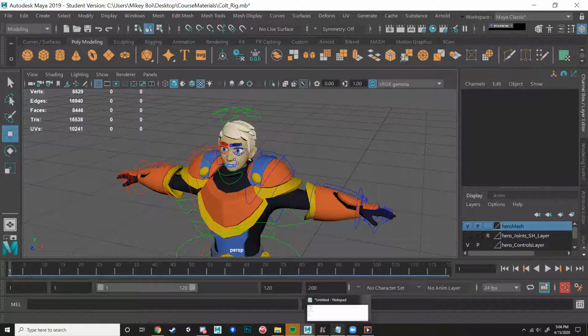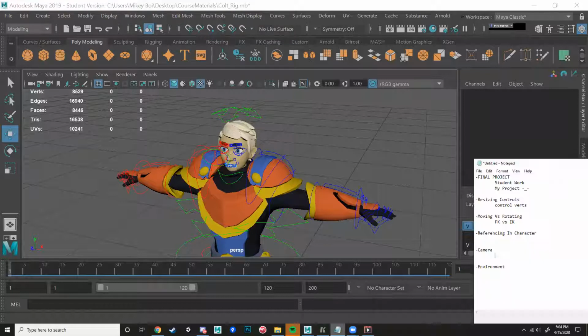But as soon as you get those controls all sized up and get a good feel for what they're doing, we're ready to start working on our final scene. So I'm going to hop into that right now. I'm gonna stop the